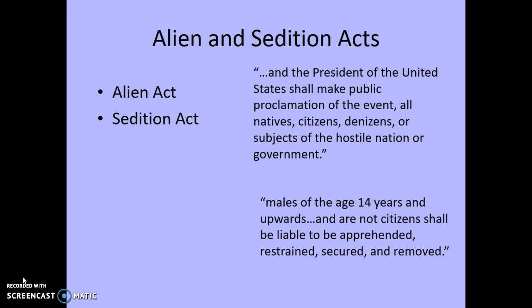Now, Adams is a president, unfortunately, of controversy. Some things happen underneath his presidency that politically mess him up a little bit. So during his presidency, the Federalist-controlled Congress, because there were more Federalists in the House and Senate, passed two very controversial pieces of legislation, and that's the Alien and Sedition Acts. So one's the Alien Act, one's the Sedition Act. The Alien Act allows the president to deport dangerous aliens. Aliens are foreigners,